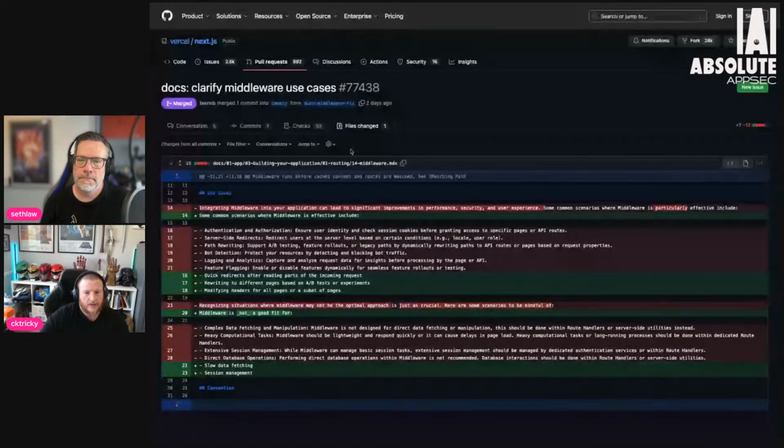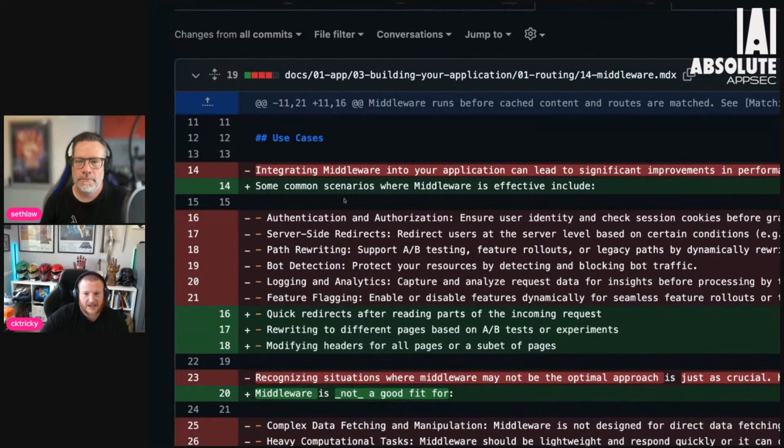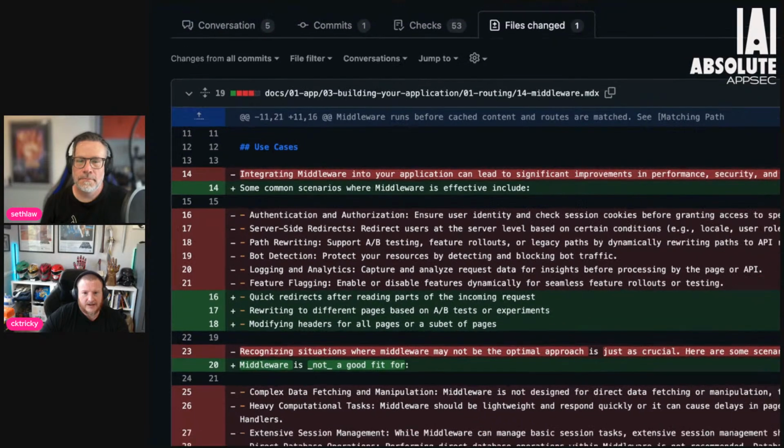Hold on, it's not actually showing it. Give me one moment here to find it again, or show it. Yeah, there we go. Let me zoom in so it's not so hard to see, but you'll notice some interesting things here. They talk about their use cases for their middleware, and they delete the sentence that says integrating.